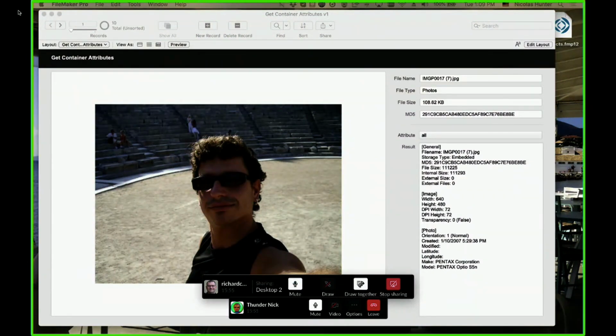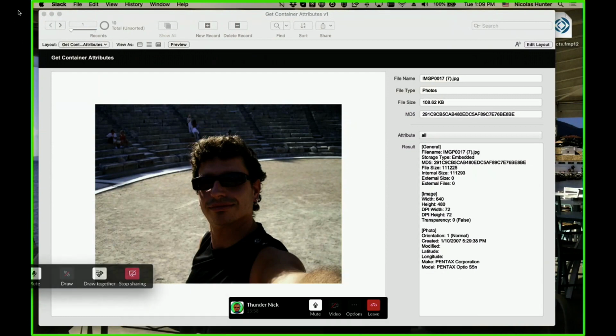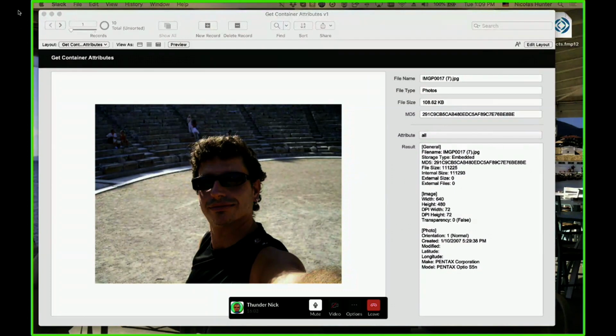Why I took this picture out is because I'm using FileMaker myself, where I have all my pictures. I have something like 12,000 pictures. I'm using FileMaker a lot for pictures for many reasons, and I'm going to show you why. It's because you have a lot of freedom, much more than any other photo apps, which are too constraining. In FileMaker, you have all the freedom of the world, and I'm going to show you what.